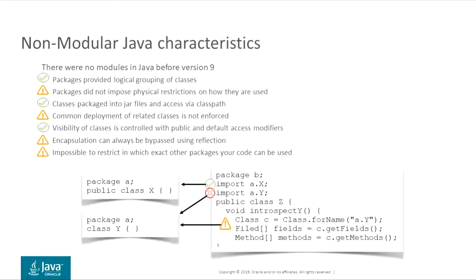Actually, right here in this example, you can see that you could use the reflection API to dynamically introspect the code of another class, and basically ignore the fact that you're not supposed to see it, being able to observe its private variables or methods. And the fact that there is some kind of a physical restriction accessing the class, it wasn't the case. So the classes were packaged into just jar files, accessed via the class path,